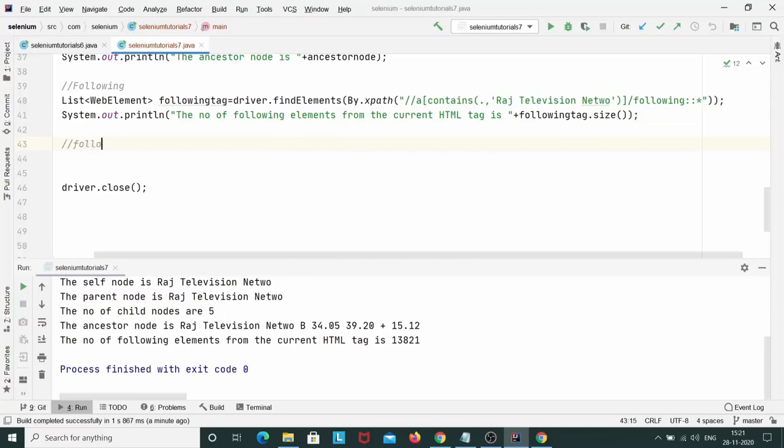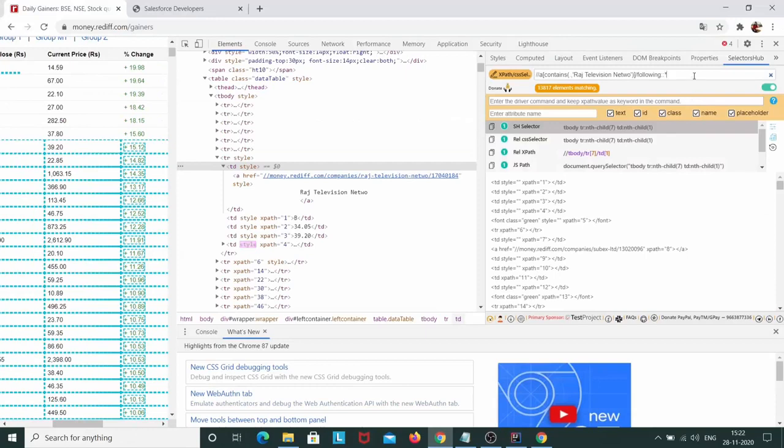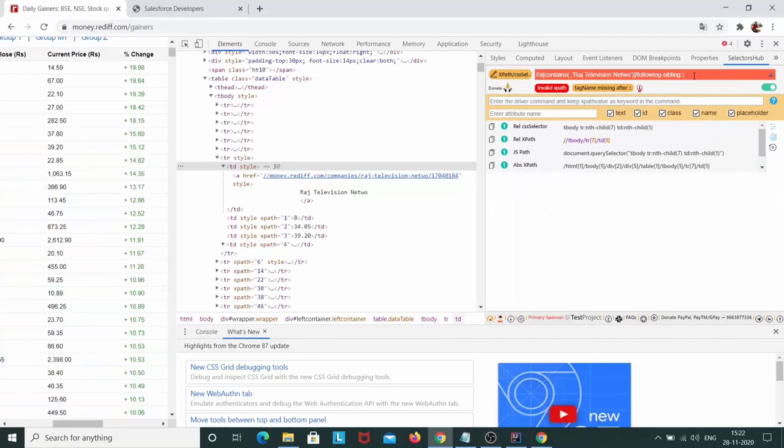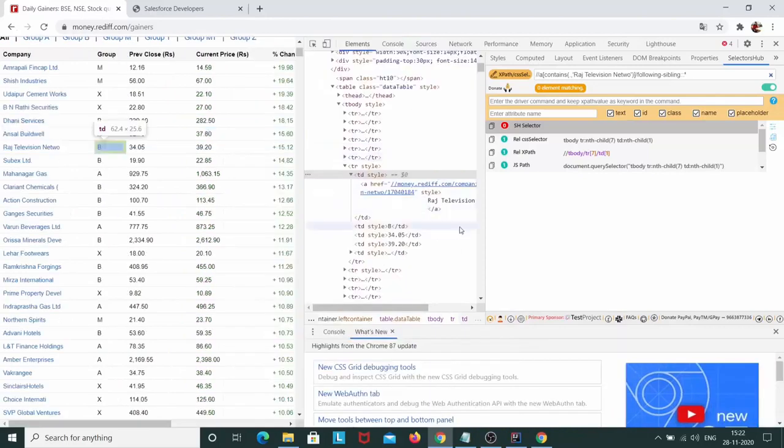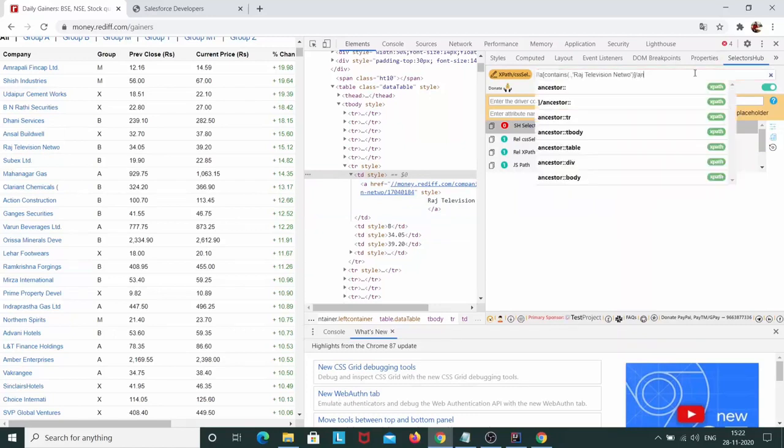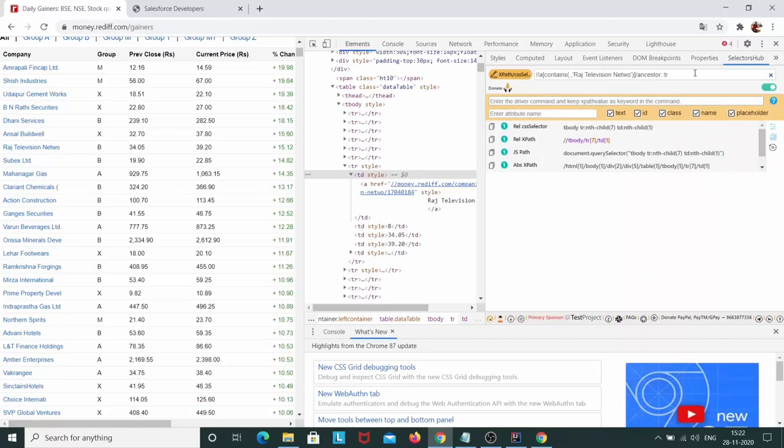Now let's see the following sibling. Let's check out the following siblings present over here. I will just write following sibling. I don't know the number of following siblings, so I'll just write the asterisk, and it says that there are 0 following siblings present over here. That is, there is no node next to the self node. So again, we will traverse to the ancestor. Our ancestor tag is the tr tag, slash following sibling,